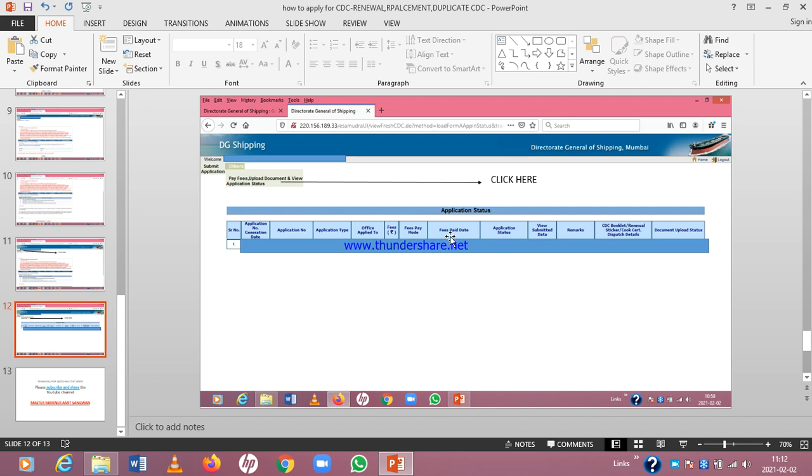Once your fees is paid, you will get the option to upload the documents. It will say upload documents. So you click upload, and from your computer you browse and select the documents to be uploaded and say upload. Once the documents are uploaded, your application will be submitted. Here it will show application status as received.